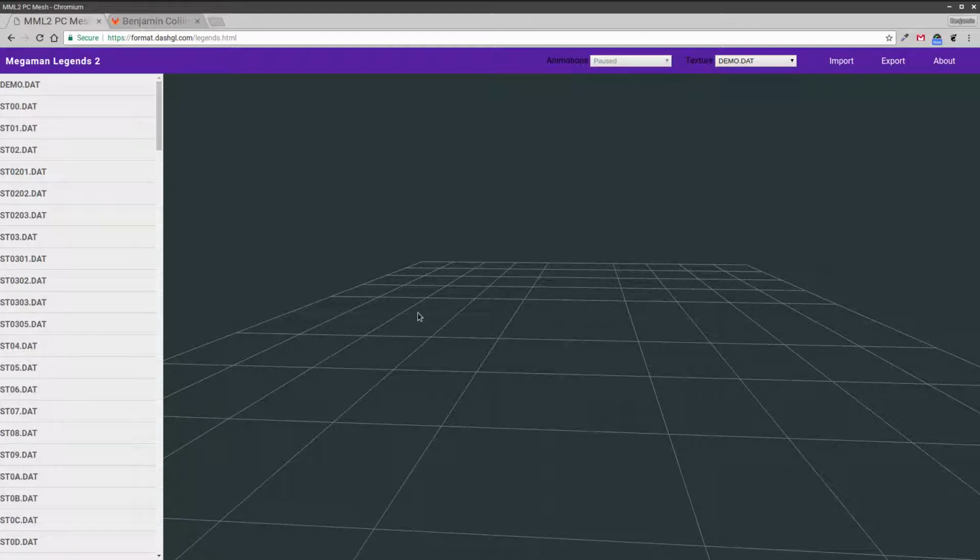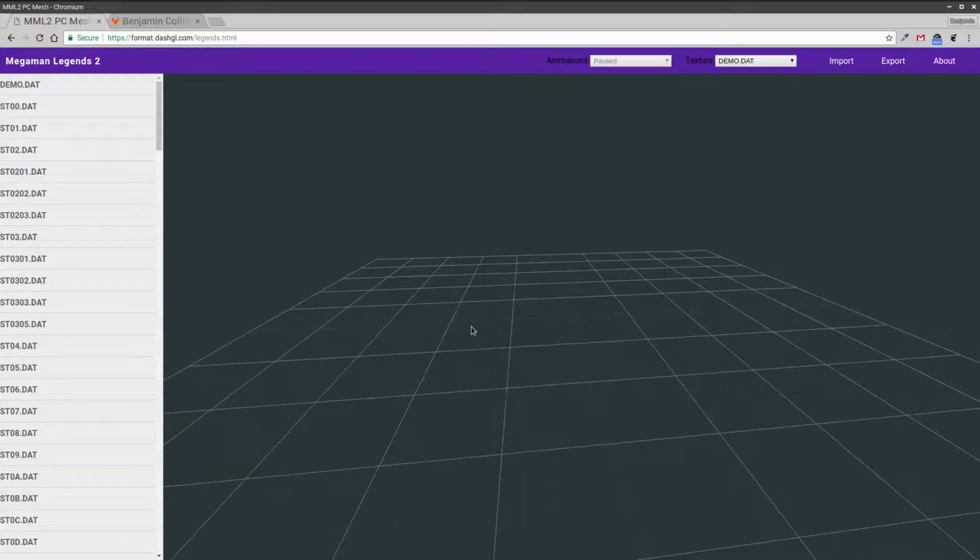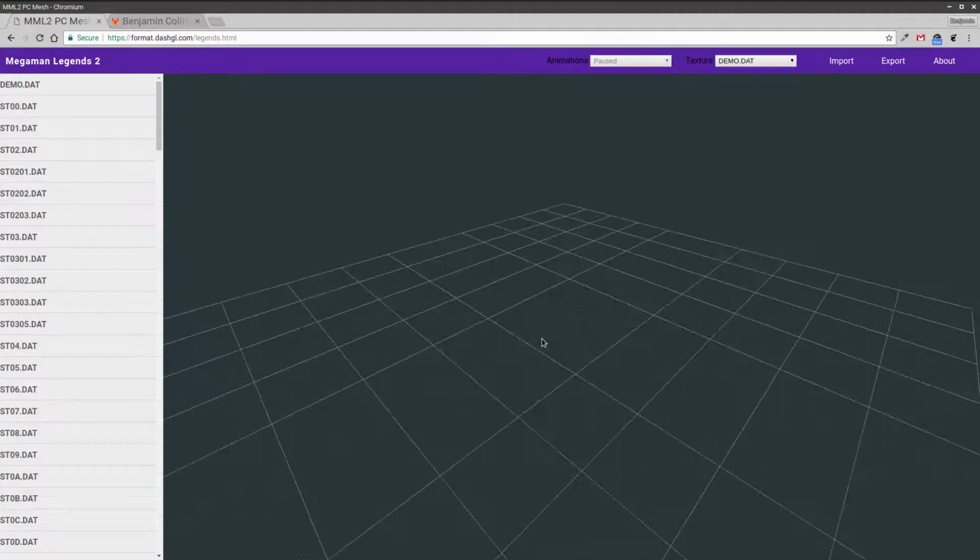So what I've been working on recently is exporting files from the browser and making them so they can be imported into Blender so that they can actually be used in other fan projects and stuff like that. The current site location is format.dashgl.com, and the leaf URL is legends.html. There's no link to it, so you just have to input this all in there together, and it works just